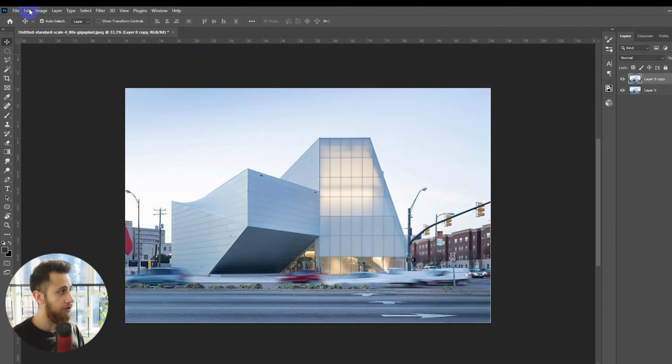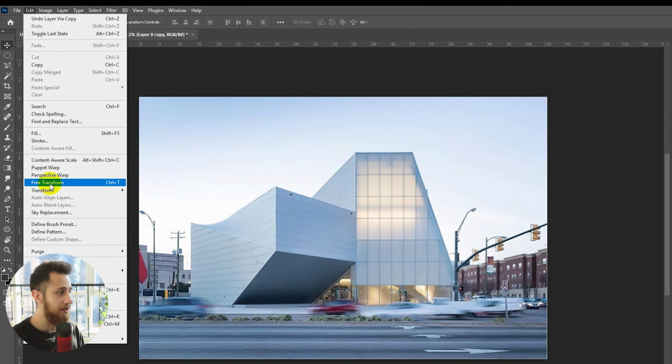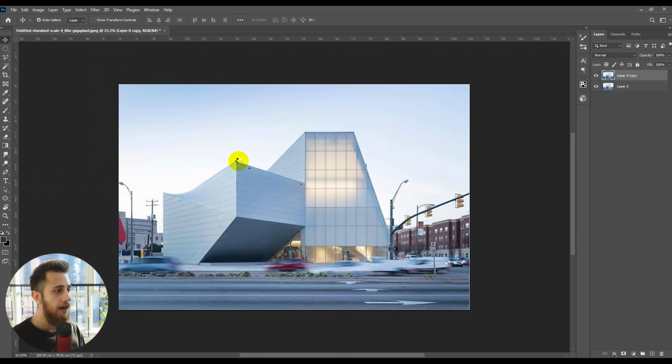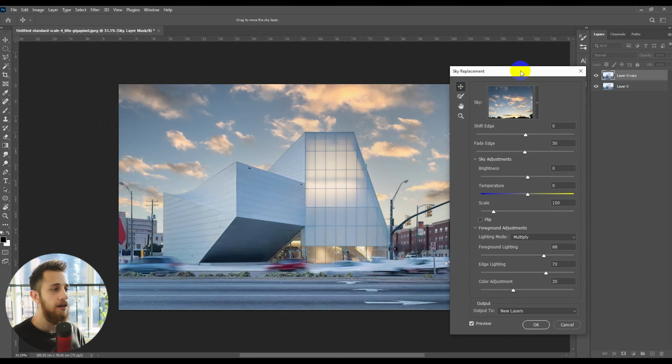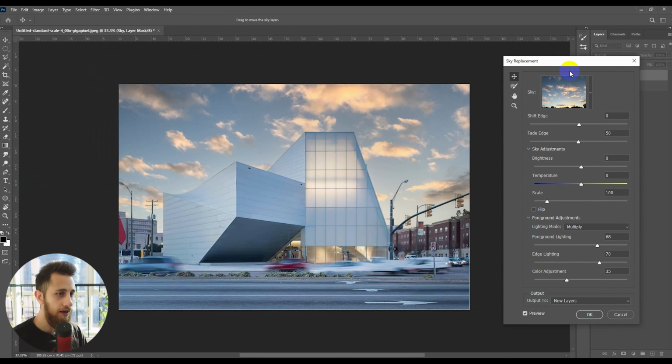First of all, I always press Ctrl J in order to get a new copy of this layer. Now the first thing I would do in any shot is replace the sky. So I'm going to go to Edit, Sky Replacement, as you can see. And here's our very big step. I'm going to choose a really good sky that makes it look like a night shot. Since it's a night shot,